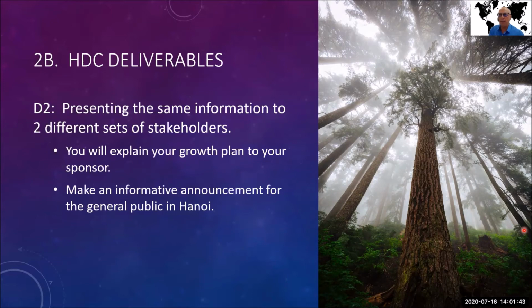But one presentation is going to the people upstairs, the investors, the party officials, the CEOs, and the C-suite executives. The other presentation is going out to either the general public or to potential customers and clients. So same message, but it's got to be packaged differently. And that's something we're going to learn how to do.